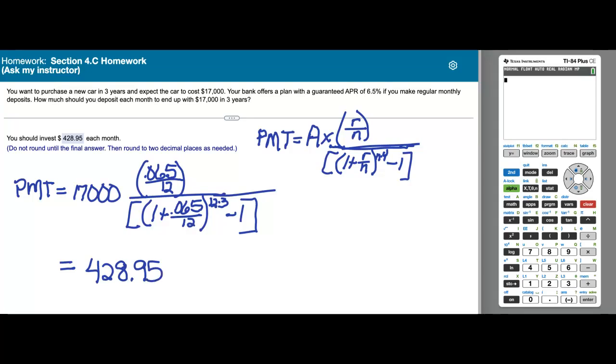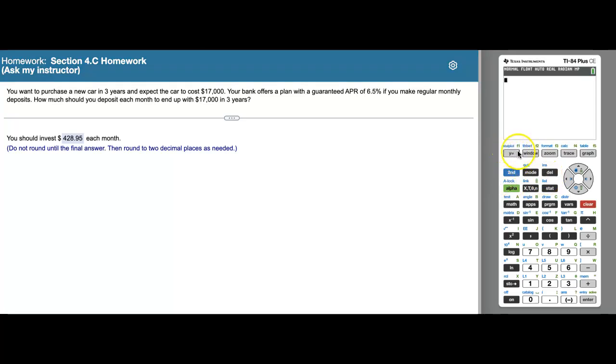Now, to type this in, I'm going to have to leave this screen over here to our calculator. So we're going to lose this, so make sure you write that down first. And let's see if we can type this into our calculator. So we've got a clear screen to start with. We're typing in 17,000 times, and then the numerator in our fraction was